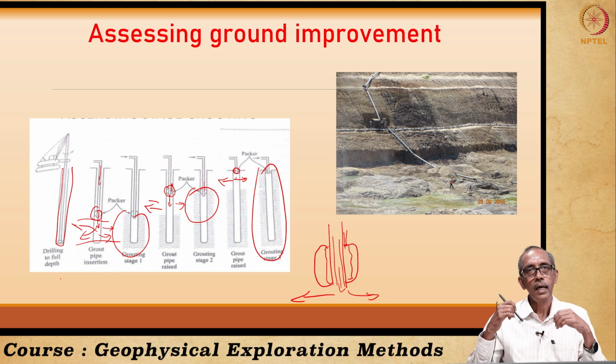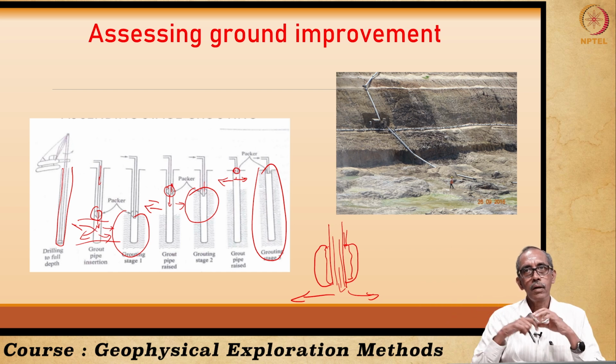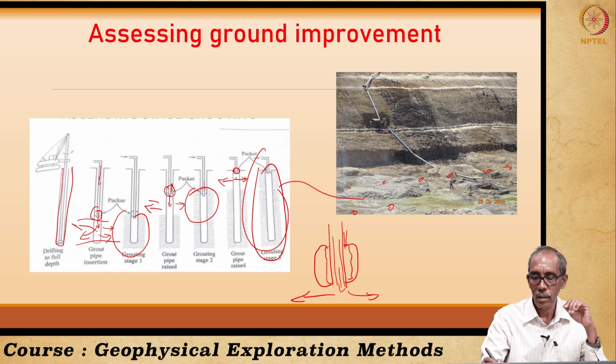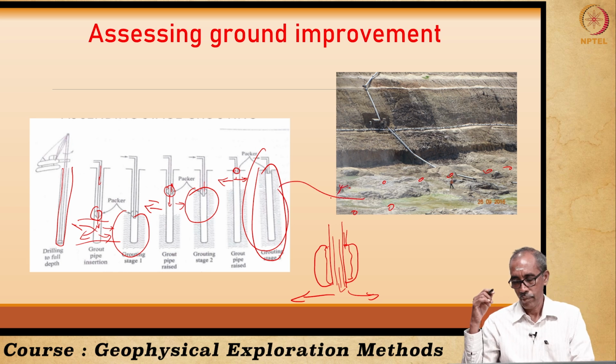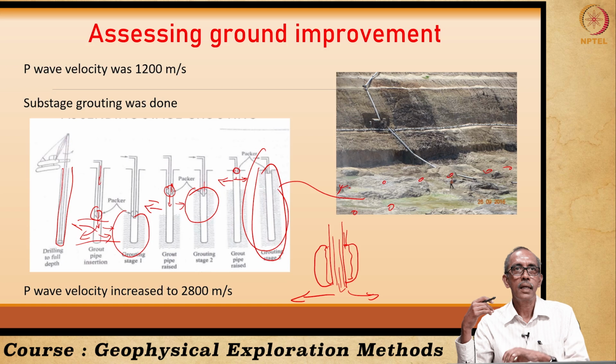So this is how the entire borehole is injected, by drilling a well right up to the bottom, and then we carry out injection by slowly withdrawing the packer to the ground surface. So this is how the ground has been grouted, by locating different wells at frequent intervals, with the grouting done as shown in the diagram at all these locations. After having done this, this is expected to have improved the subsurface conditions.